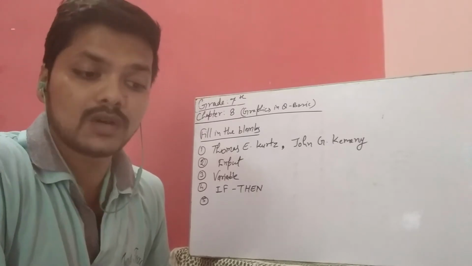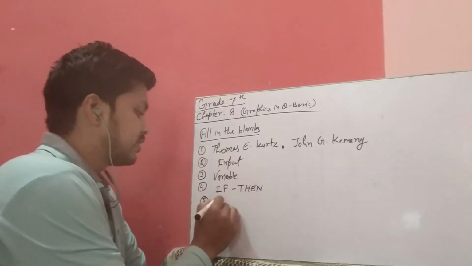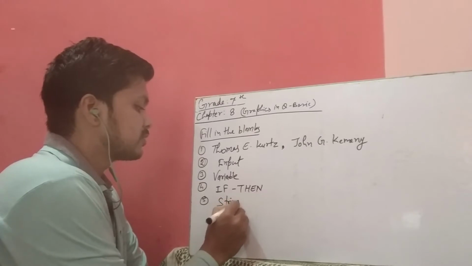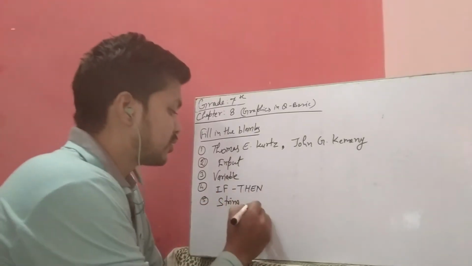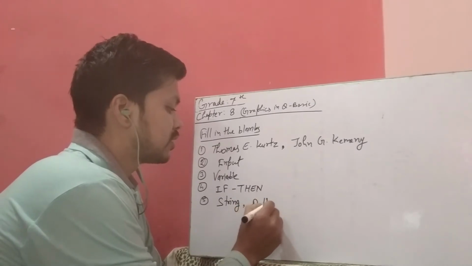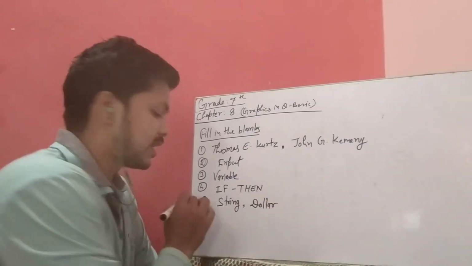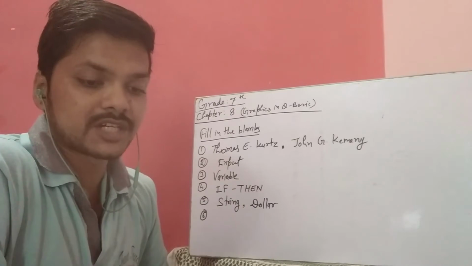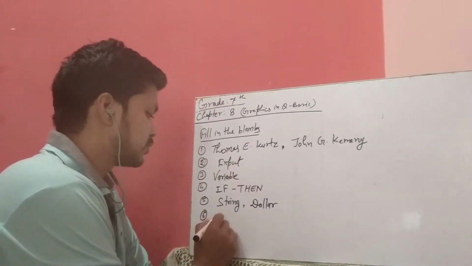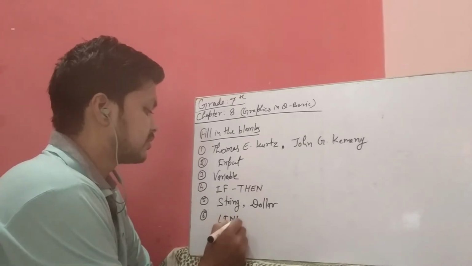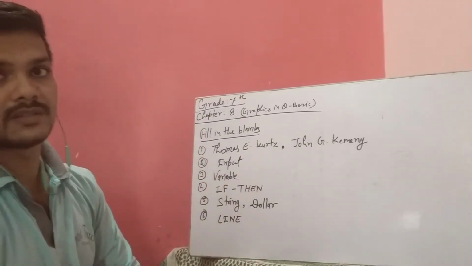Now fifth one, what variable contains values, symbols or text within double quotes and is represented by an alphabet followed by what sign? So first we have to write string. A string variable holds characters, numbers and different types of things. And at last we have to write here dollar, that will be the dollar sign. Now sixth fill in the blank is, what statement is used to draw a straight line? So to draw a straight line we have to use the line statement. So right here line statement.